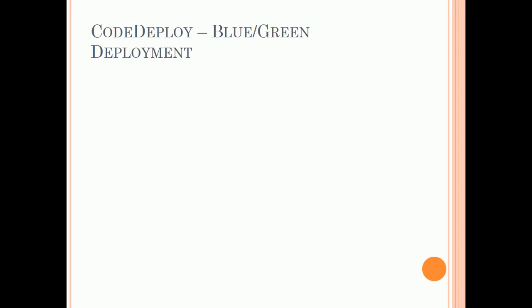So in this lab we will see how we can deploy an application using blue-green deployment. And we will also use code commit and code build this time to deploy an application. So first we will use the auto scaling group and load balancer instead of the single EC2 instance, because we are going to use the blue-green deployment. So we will require an autoscaling group and load balancer to deploy an application.